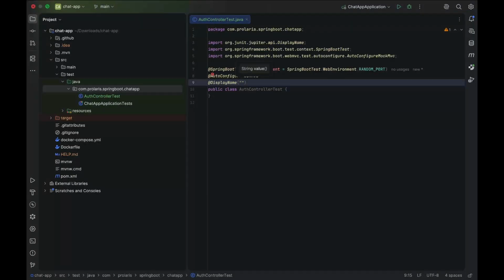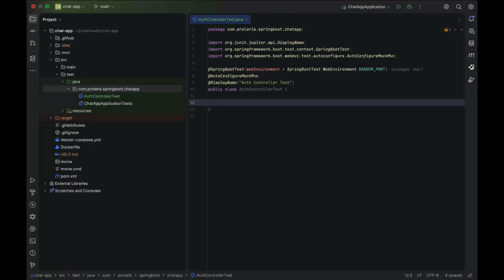You could put this over a class or over a test, and it shows a really nice, better looking test name than the convention that we use, like register underline should return and etc. So this one is better. So this one will be auth controller test,